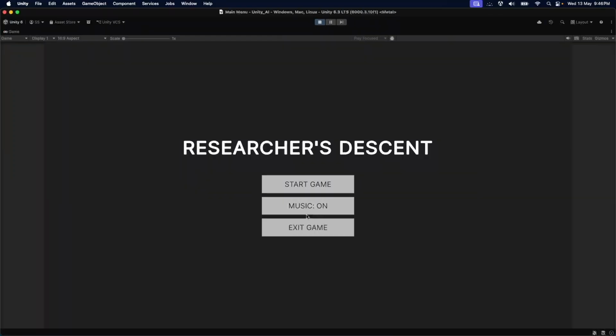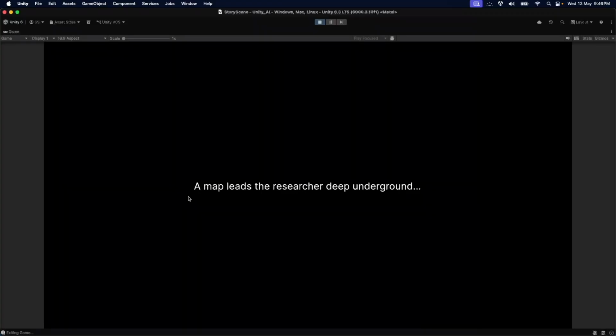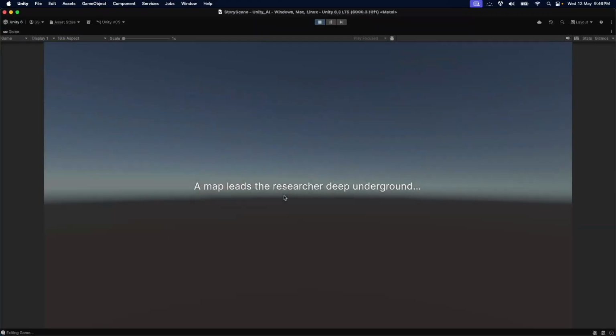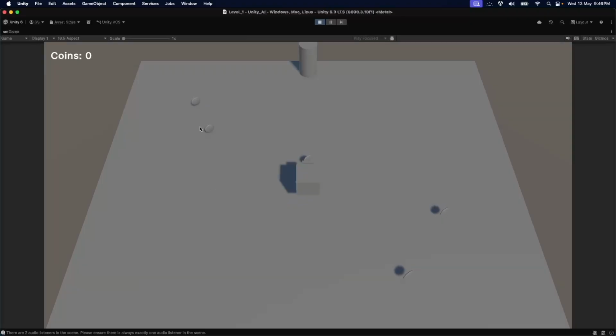So basically now I have this music on and off button which is working fine. If I click exit game, the exit game is also working fine. Here I can see the logs, and if I click on start game, so a map leads the researcher deep underground, and then we get this